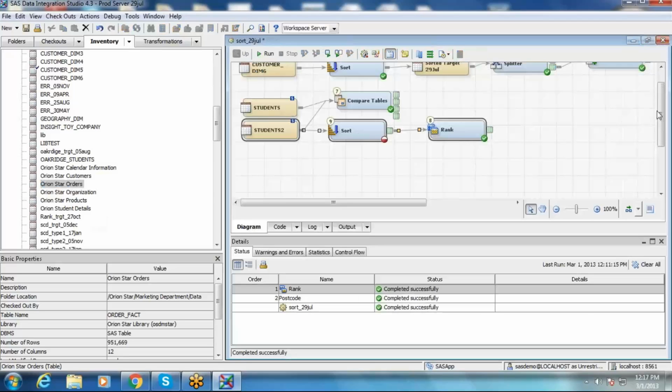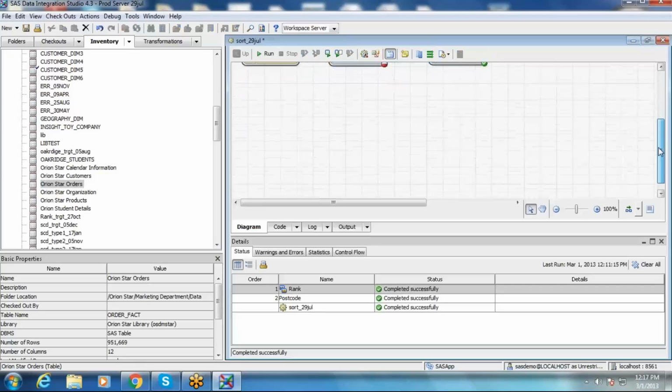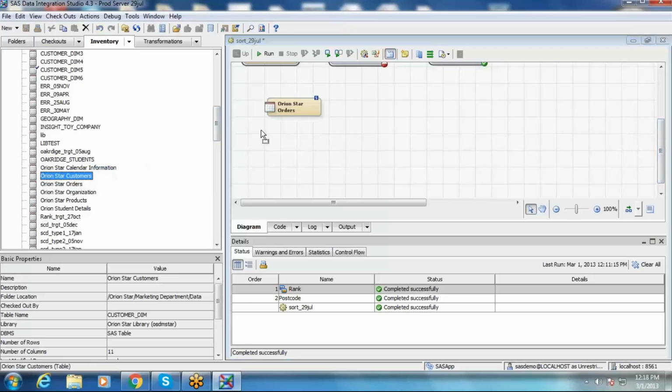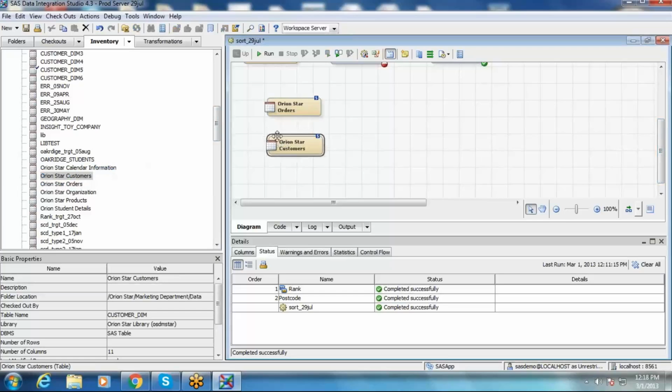Now let me get customer country wise quantity sold: sum of quantity and, for example, average of total retail price. That's what I am expecting. So let us drag and drop the fact table and dimension table. Again, the same story continues.